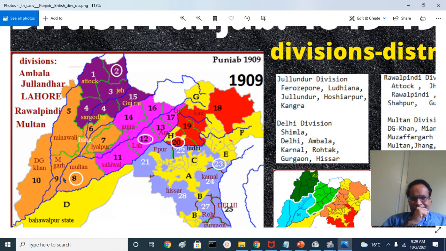There is Multan district and Muzaffargarh district on the east side of the river Indus, and Mianwali district, where the current Pakistan Prime Minister Imran Khan's family comes from. They're essentially a Pashtun and Punjabi mixed Musalman family. Mianwali district is mostly on the eastern side of the river Indus with a small part on the western side. Mianwali town itself will be somewhere here, close to the Potwar region.